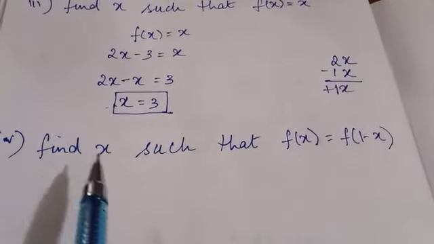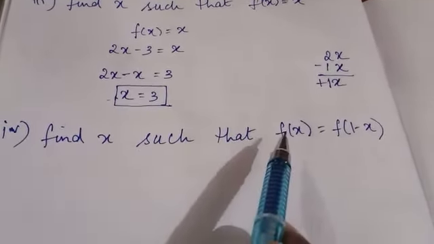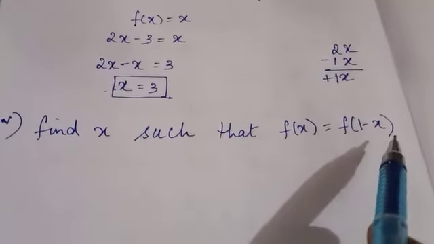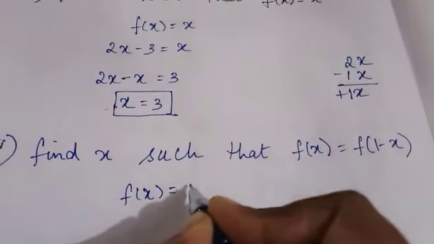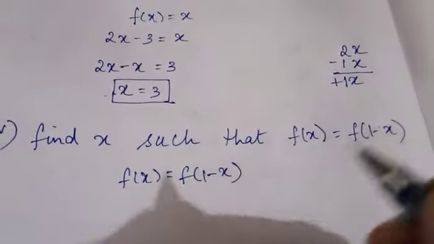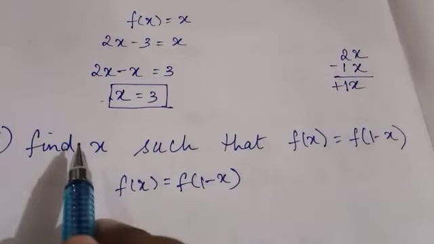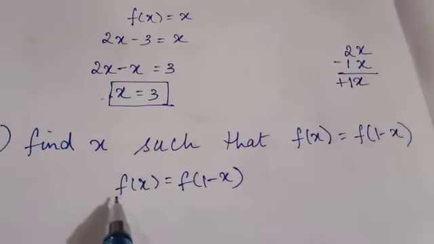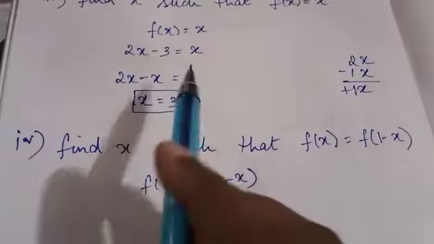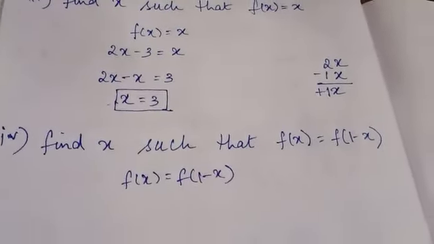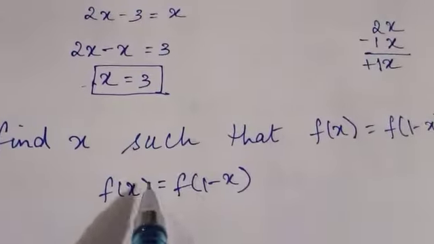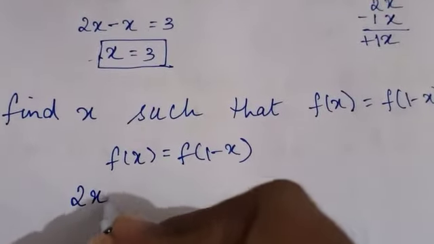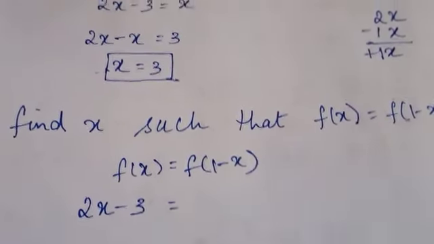Fourth subdivision is find x such that f of x is equal to f of 1 minus x. So what is given? F of x is equal to f of 1 minus x. So now what we have to find? We have to find the value of x. So what is f of x? F of x is nothing but 2x minus 3. Here it is already given in the question itself. F of x is equal to 2x minus 3. So in the place of f of x I am writing 2x minus 3. So that is equal to,